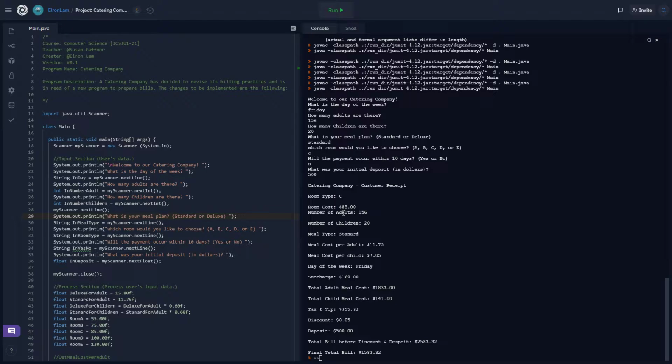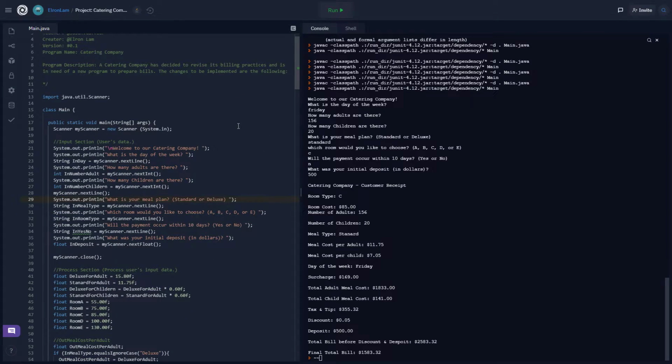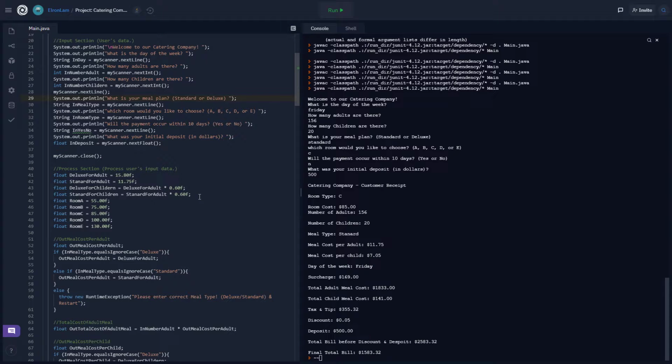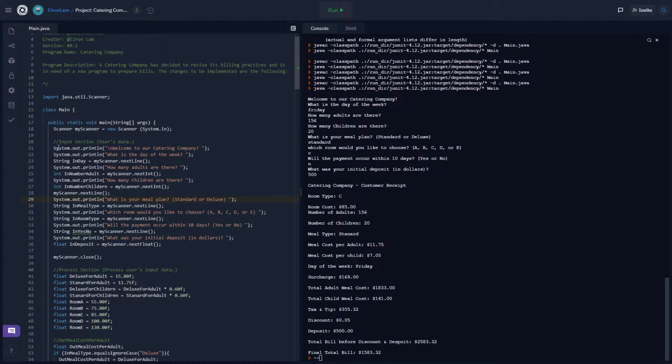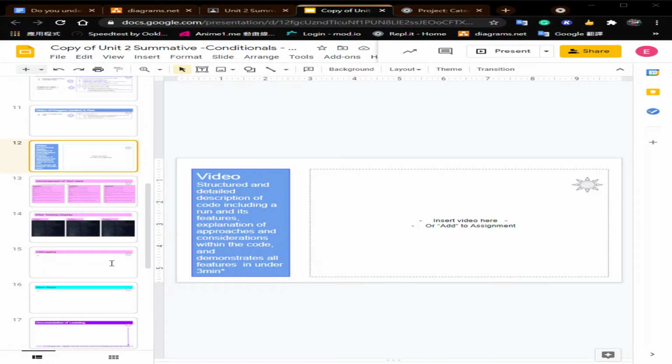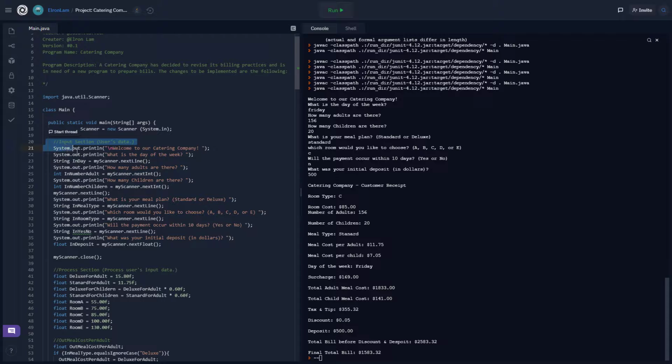This program is a building system. First, let me introduce what is happening inside this program. On the left side, in the input section, you can see that I just put a scanner. I start a scanner and I close it afterward. And when the input section is